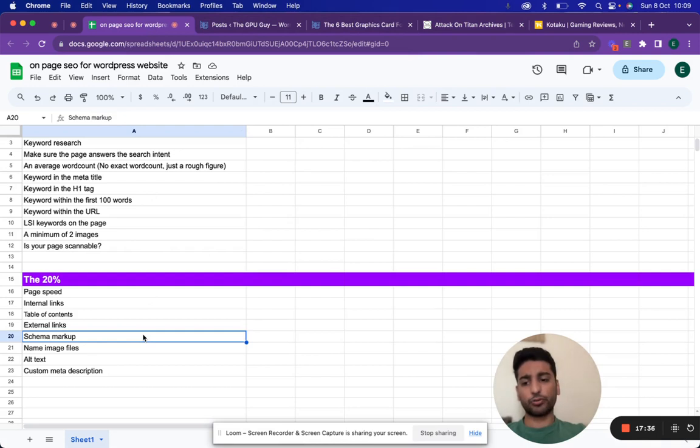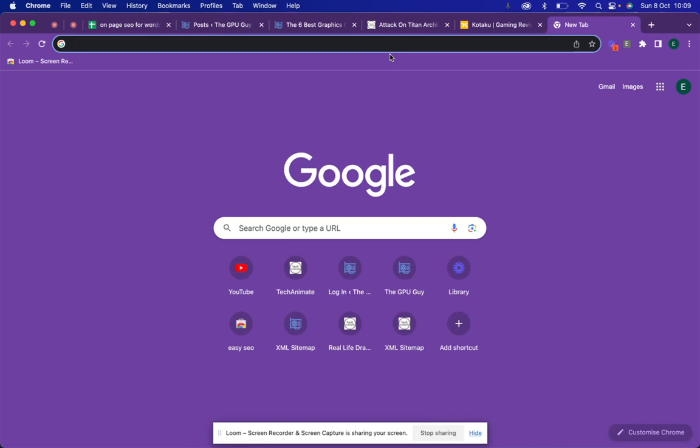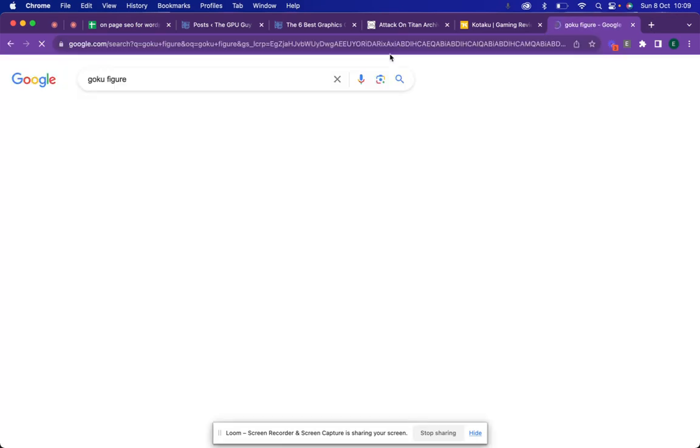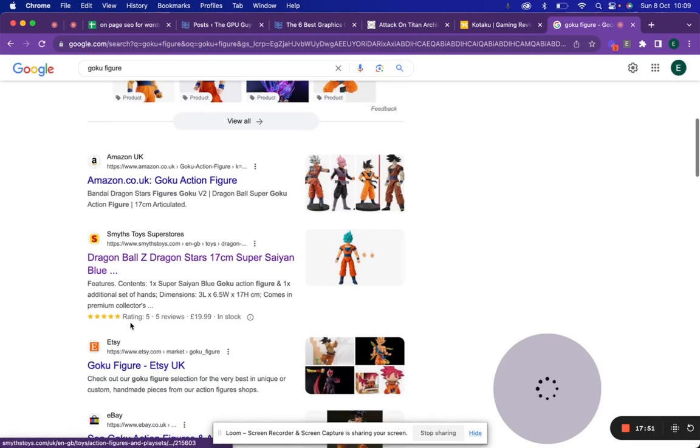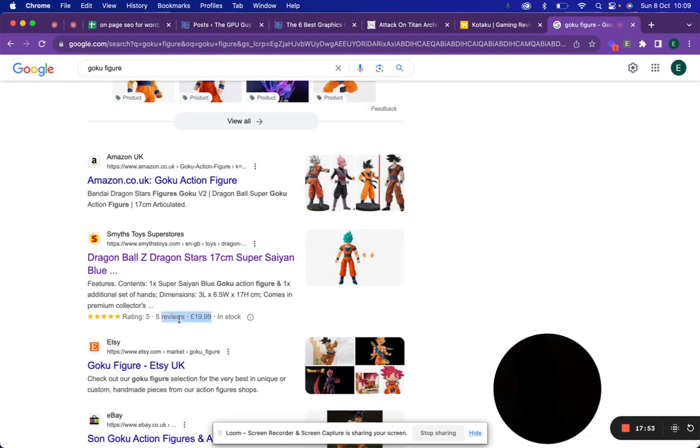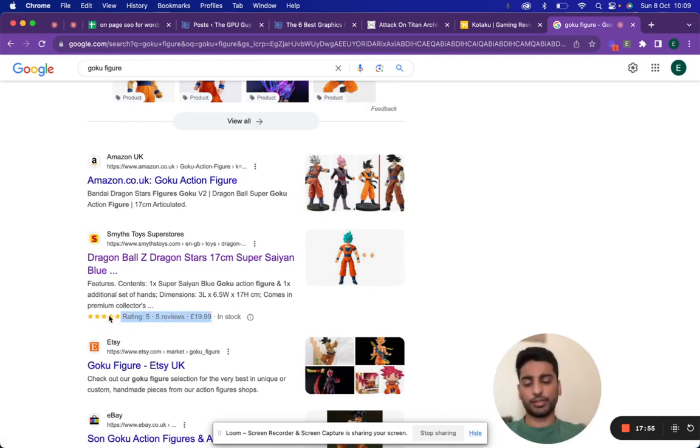Next up is schema markup, or structured data as it's referred to. And this is essentially makeup for your website. So for example, you've got an e-commerce product page, let's just say some Goku figures. And as you can see here, they've got product schema. And I know this because this stuff is showing up. So if you click on here,